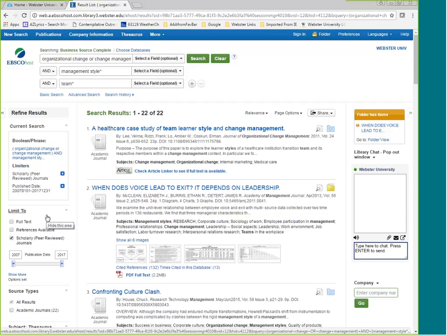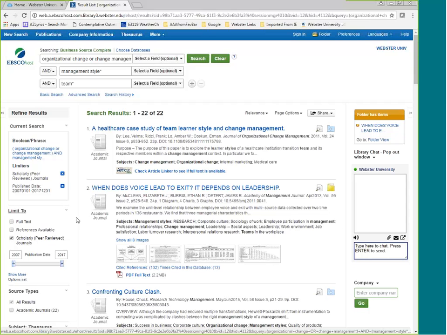That's purely an economic decision made by the publisher of the journal and Business Source Complete, the vendor. So if you're looking for the best articles, use the database to help you find the articles, but use Article Linker to help you to get the full text.